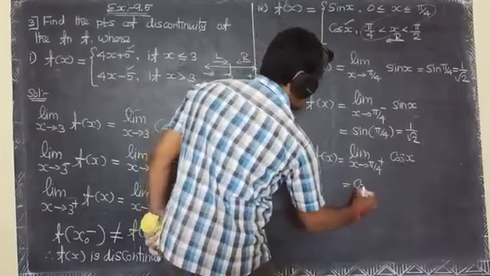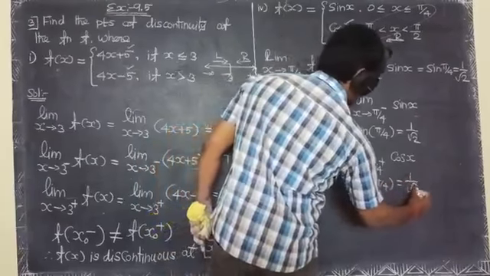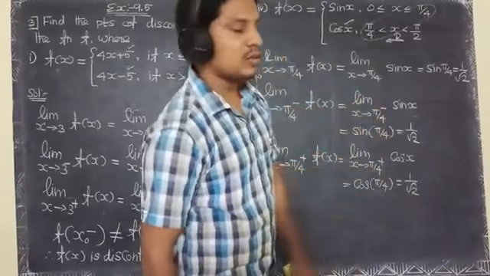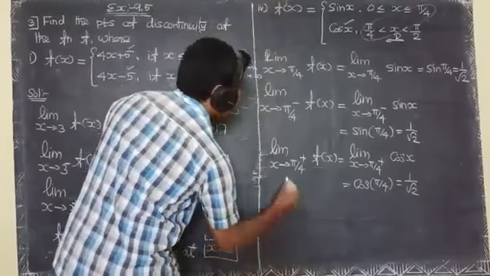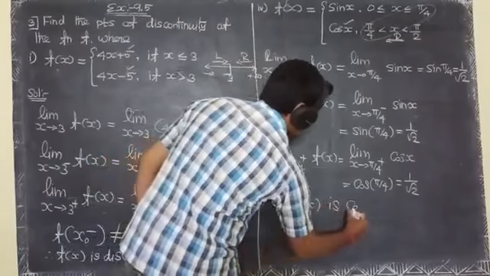Replace x equal to pi by 4, that is cos pi by 4 which is equal to 1 divided by root 2. All the values are equal, therefore the given function f of x is continuous